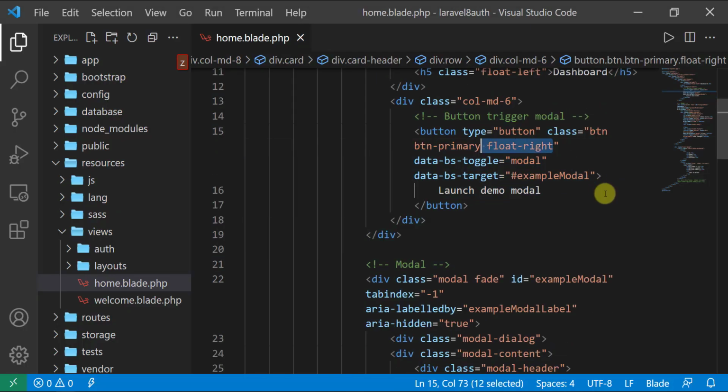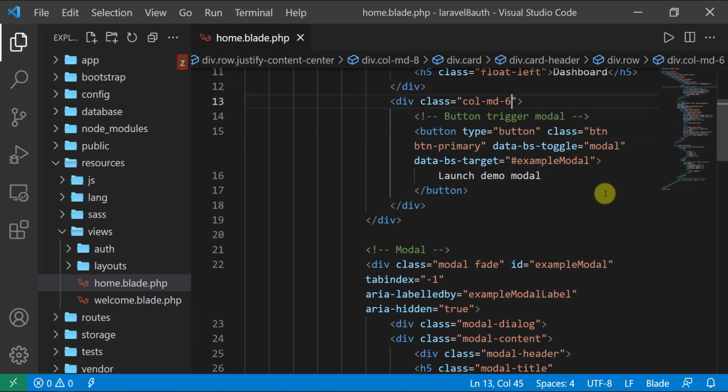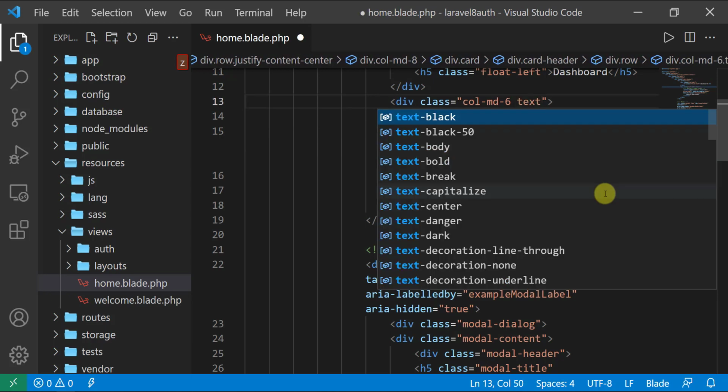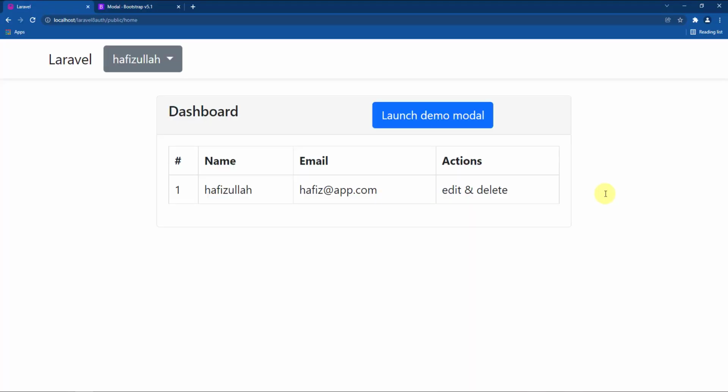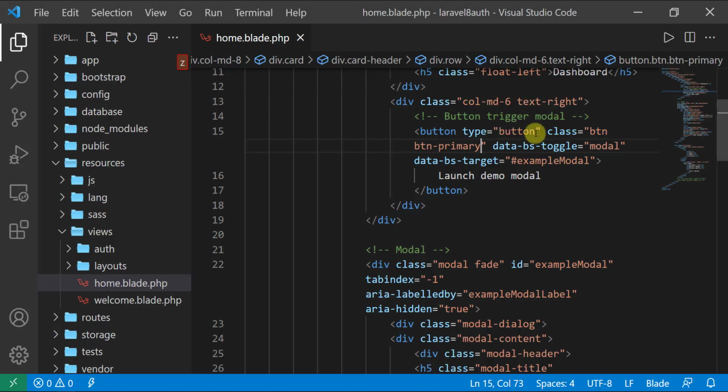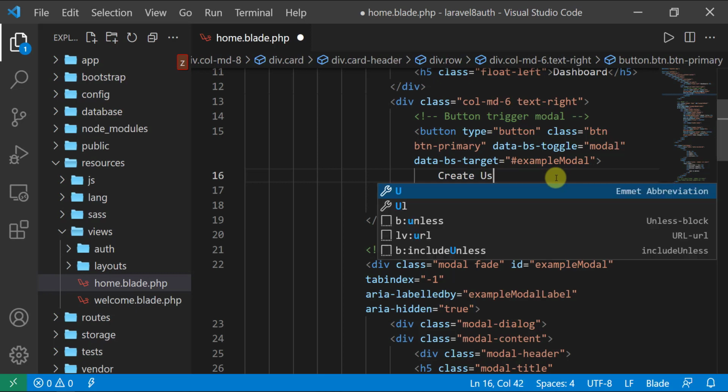Well, let's suppose we don't need this one, but for the col-md-6 let's say text-right. Well, it's still not working. Well guys, let's leave it as it is. Now the next thing is to change the button text. So let's get back to the text editor, and in here let's say create user,